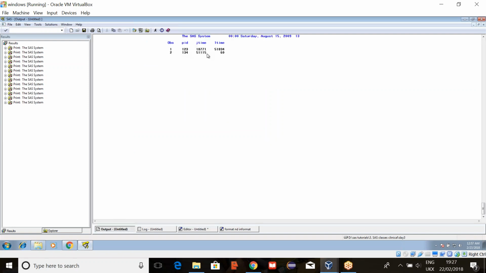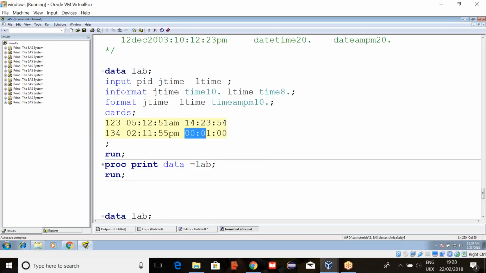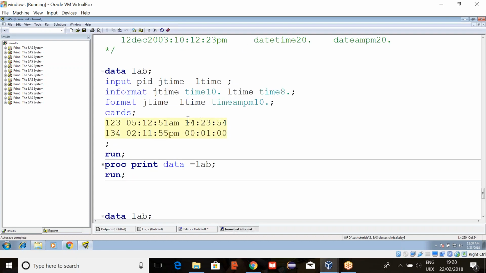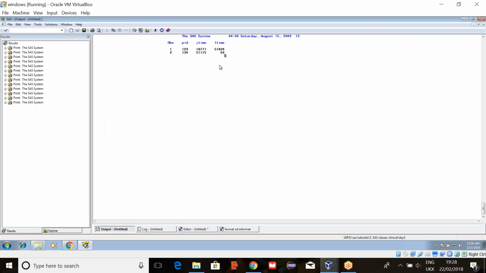Now, when I use this informat, again it will give you some numbers, right? Date means it is giving the difference from Jan 1st 1960. But here, time means, do we know what these numbers are? From 12 a.m. it will give you the number of seconds. Suppose, see here, this is 12 a.m. 1 minute means here it is giving 60 seconds. Like this, here 14 means 2 p.m., and 2 p.m. means these many seconds are there from morning 12 a.m.